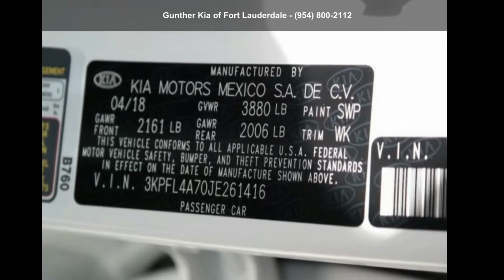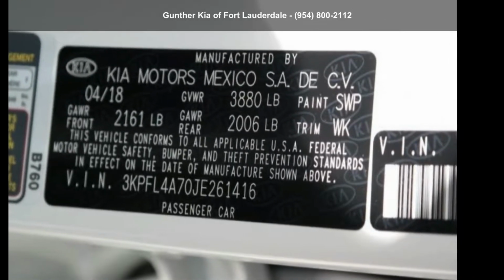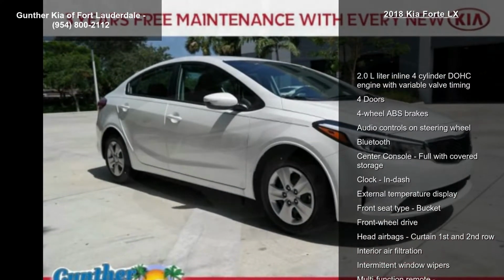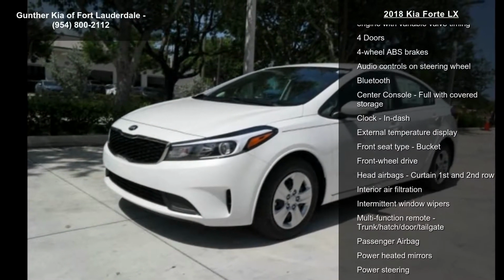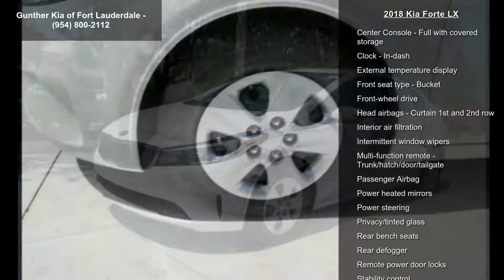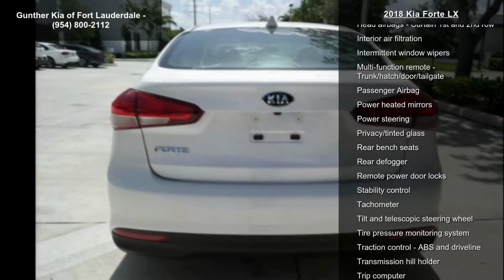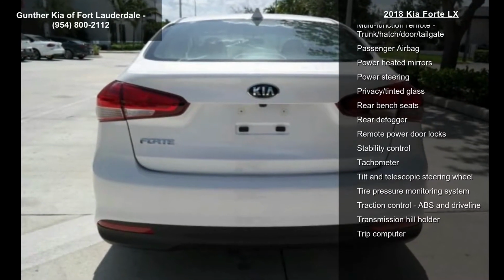Imagine yourself in this Kia 2018 Forte LX. If you are looking for a first-rate auto, this one could be yours today. Some of the top features included with this vehicle are a 2.0-liter inline 4-cylinder DOHC engine with variable valve timing,